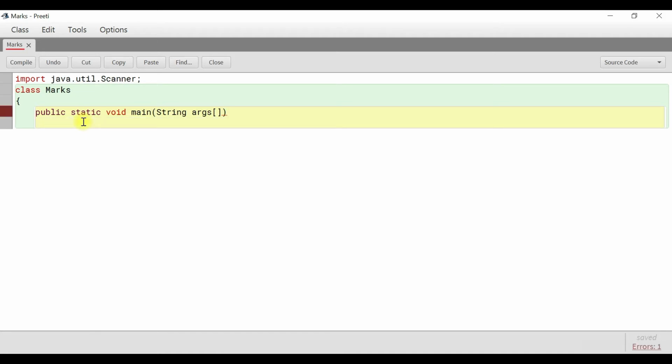First we will create an object of the scanner class. Scanner obj equals new Scanner(System.in). Now we will display a message, System.out.println, "Enter the marks".